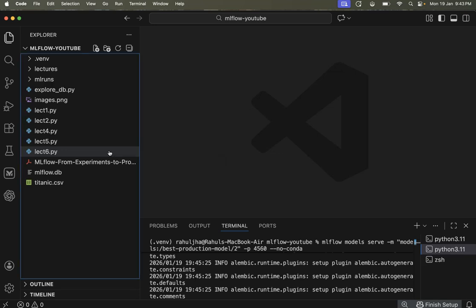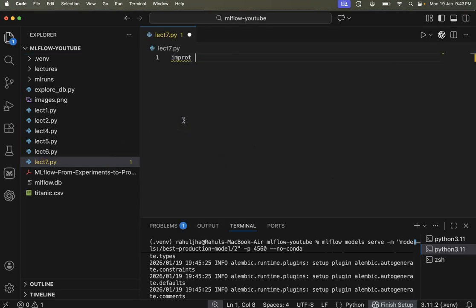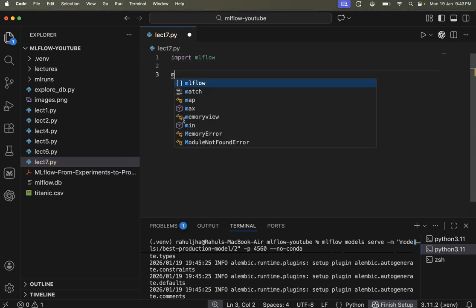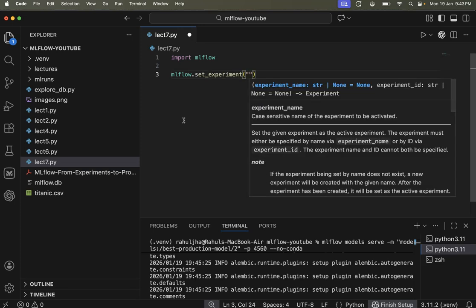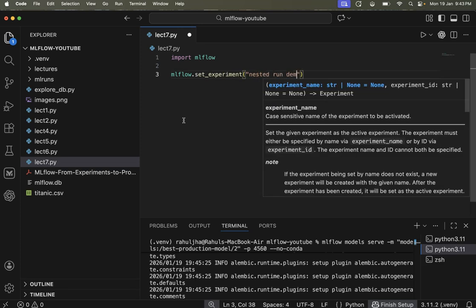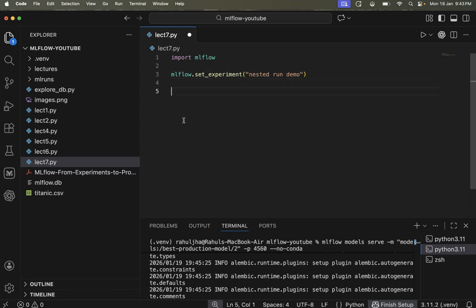In Lecture 7.py, I'll just quickly import MLflow. I will set my experiment as nested run demo, and we will get started with the creation of a nested run. The idea behind a nested run is that there would be a parent run.